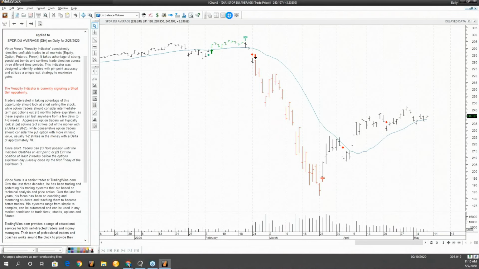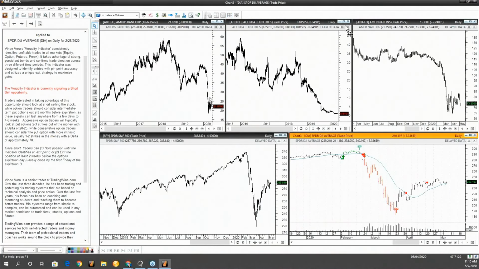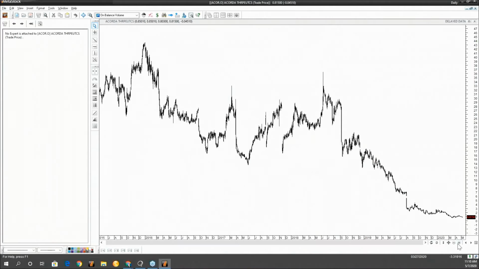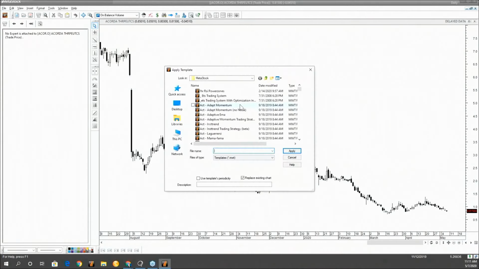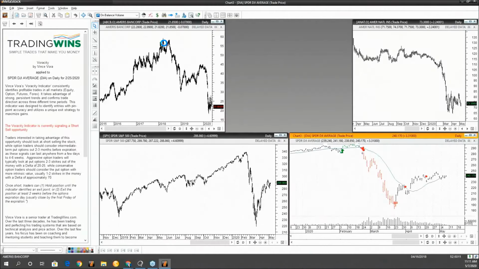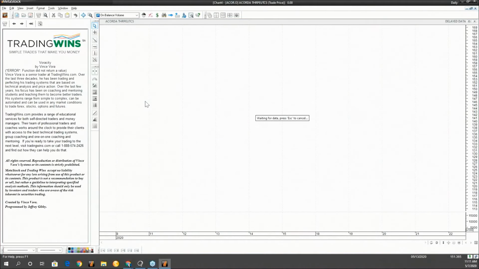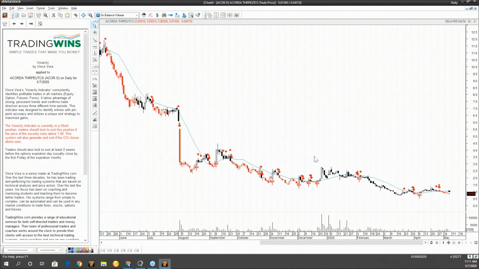So let me do maybe a couple other examples on the charts that I opened up. This isn't one that I've actually ever traded, the Alcor Therapeutics. It's not a very high price stock, obviously. But if we right click and do apply template, we'll see how Voracity does. And see, I can pick and choose different stocks and symbols that I want to open. But really the power of this add-on is where it goes back to scanning for those opportunities. That's what I'm really interested in, is scanning. But this one it does really well with, as you can see.